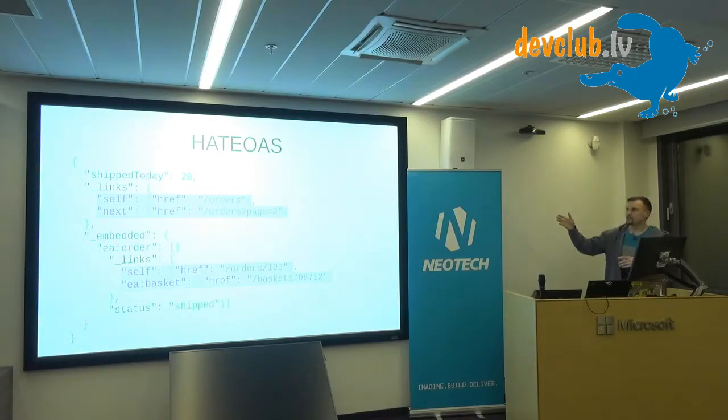So basically, HATEOAS is just a theory, but this is one of the implementations. As you can see, this is a response for a GET on /orders. First of all, you can see that it has a links block, which describes the URL you have called and the URL that will be, in that case, the next page. Then, as you would expect, when you get orders, you have some items, basically orders. And they also have a links block, which contains a link to itself. This is order 1, 2, 3, obviously. And a link to some arbitrary basket or whatever.